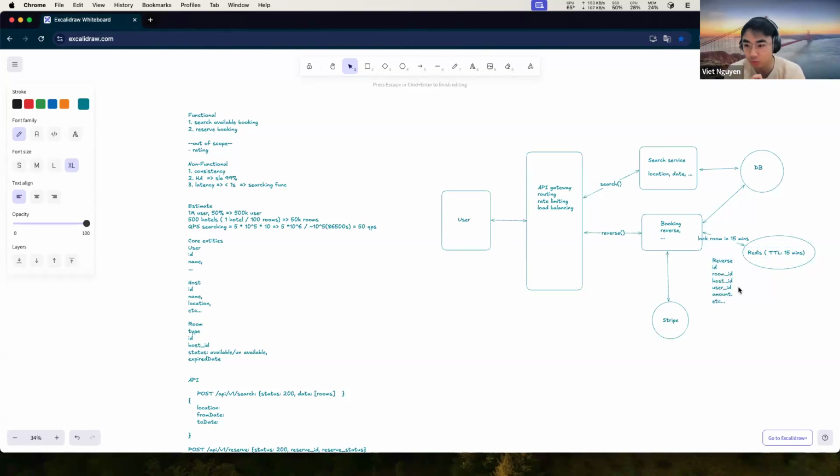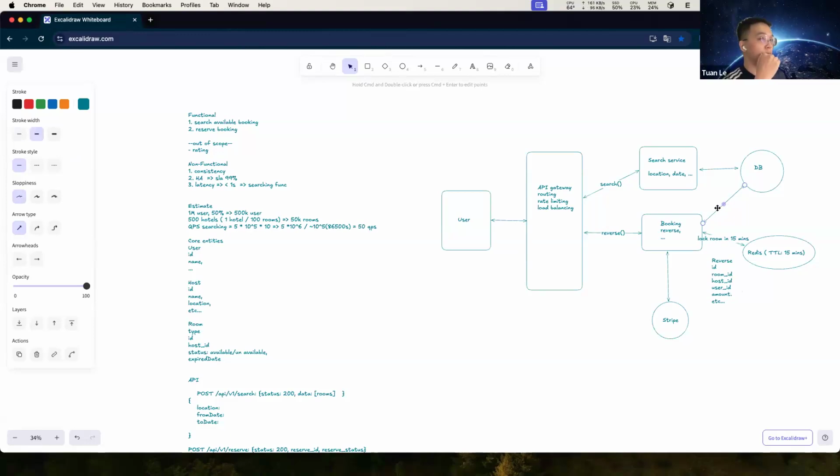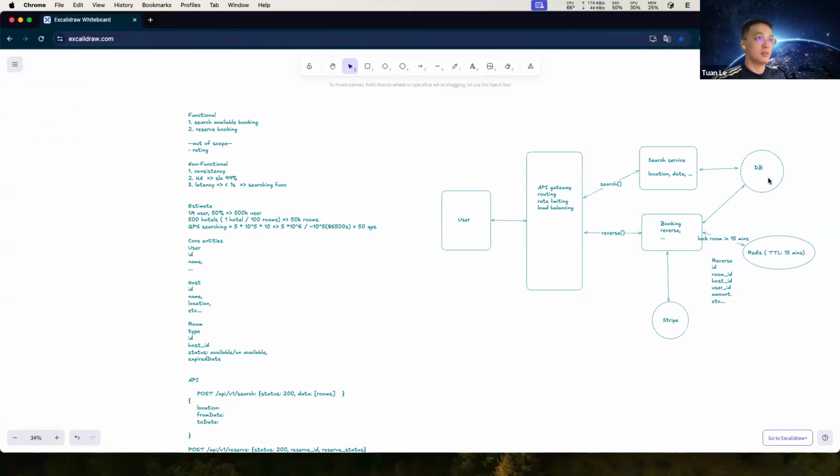So may I know what query you send to the database to return the available room? I know that we have a DB there, first we have the schema there. So how do they interact with each other? First I want to check the available room for this request, and I want to check this in the database.